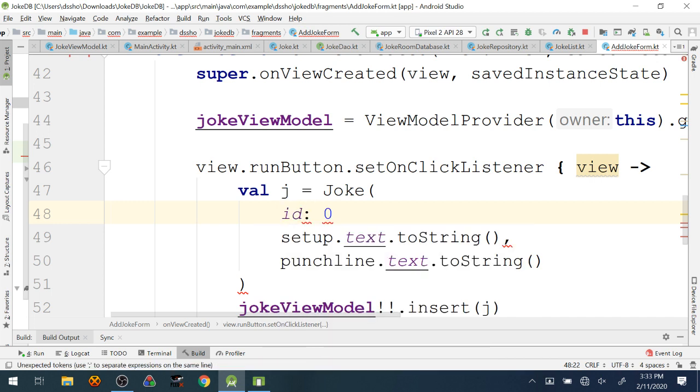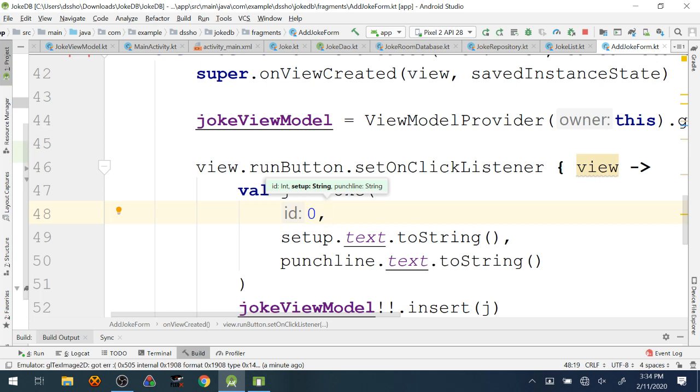I could just leave the 0. Think about what we're actually saying in the code here. Kotlin requires that I provide some value for that. I don't know what the database is going to use for that value. That's going to be auto-incremented. Whenever this gets inserted into the database, it's going to take that ID, throw it out the window, and reassign whatever ID it wants on there. So it doesn't matter, right? I've marked it as auto-increment in my model. It does not matter what I put in there.